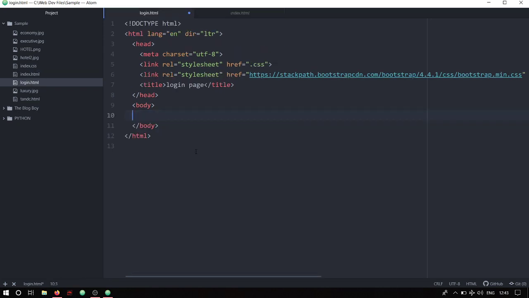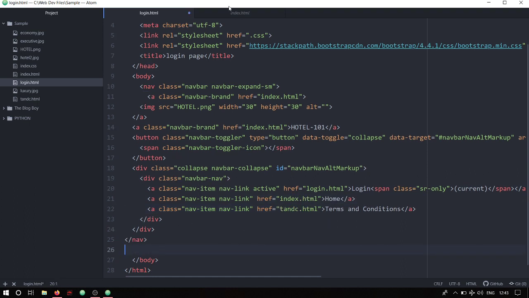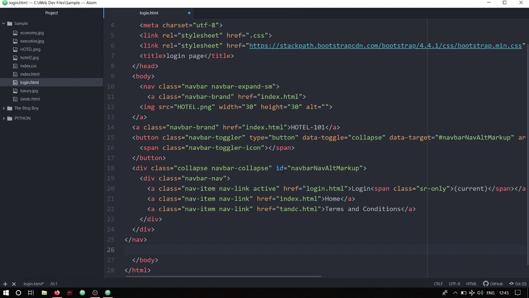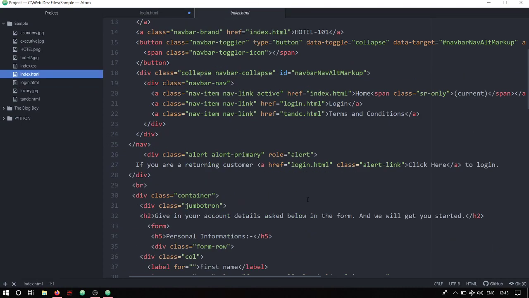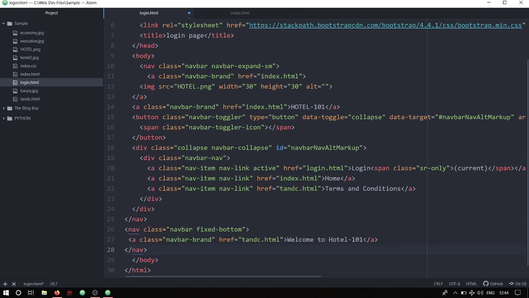I'm going to copy that, paste it inside login, and here we're going to change our current page to login, and I'm going to give home below that and change the connections as well. That will be login.html, and for home it will be index.html. As I said in the last video, there won't be much explanation. I've already explained everything in the home page, so you can just copy and paste stuff out of it. And before closing our index.html, we're going to copy the footer. Let's copy that, paste it after our navbar, save it,